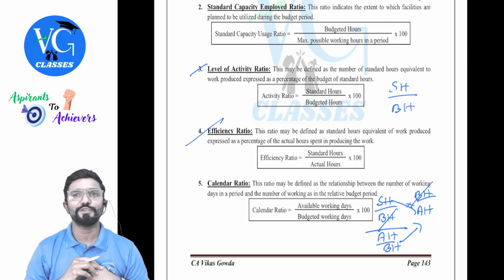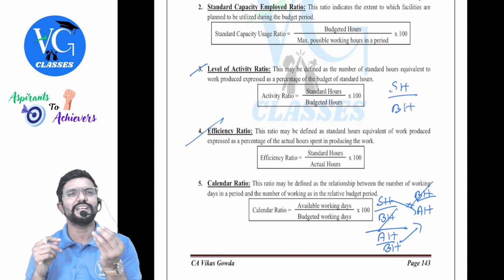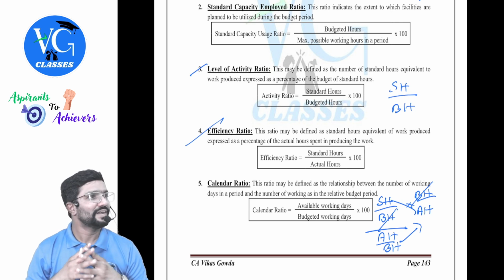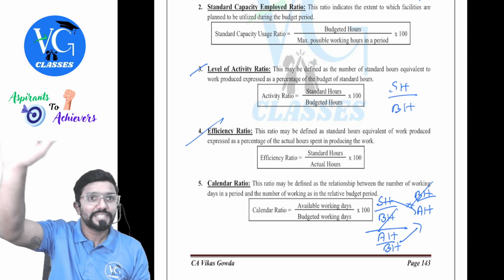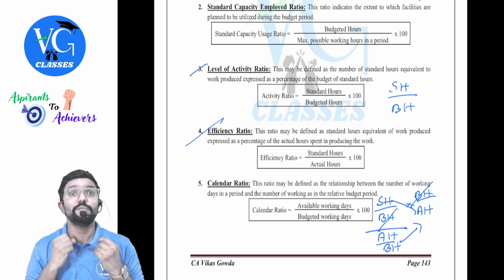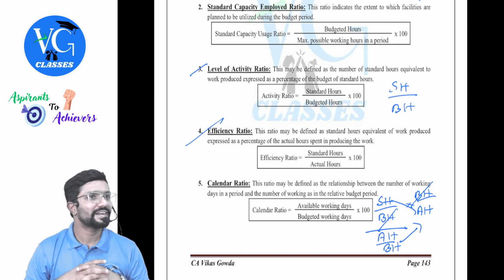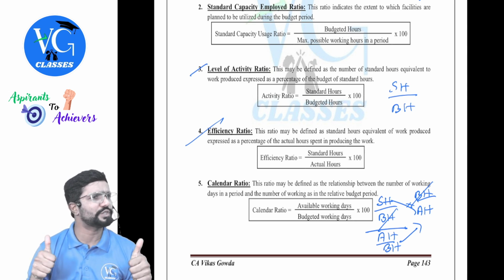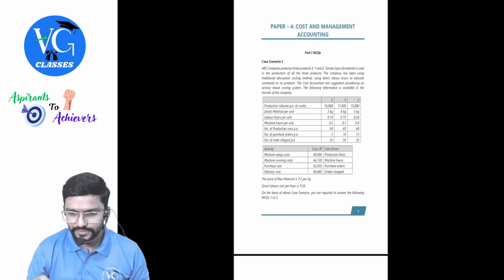This kind of MCQ, sir, it is a theory question. In fact, any theory question you have to answer in seconds. But will you be able to answer this in seconds? No. And guys, when you solve this kind of question, now your thinking level is like that. Next time, if they give a similar kind of question, you will do it. But if you see it for the first time, you will be blank. Maybe most of them will go with none of the above. Clear? So the answer is actually activity ratio divided by capacity ratio, guys. Hope you understood how we solved it.